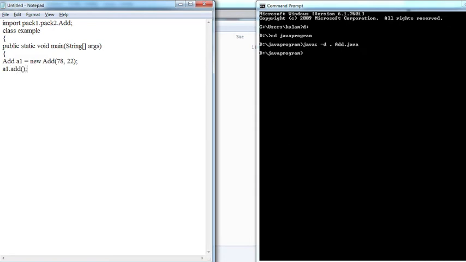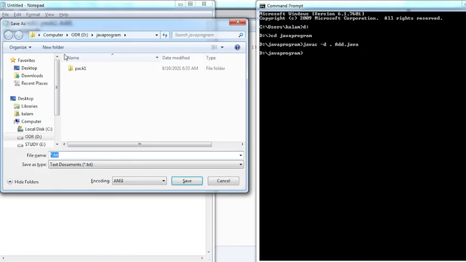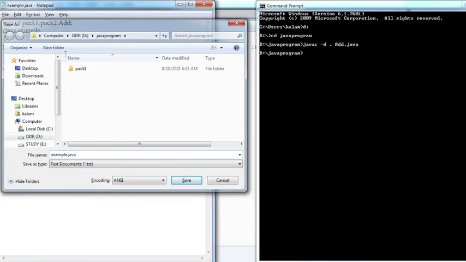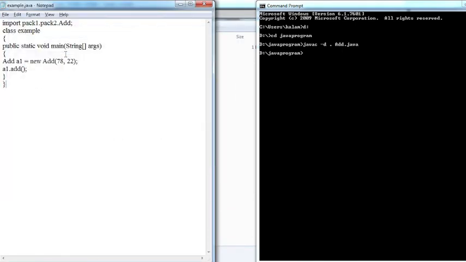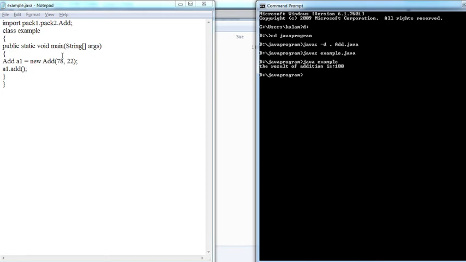Then close everything and save this program as Example.java. Anything missed? No. Now let's compile Example.java. Then how to run? I think all of you know. Look, we have got 100.